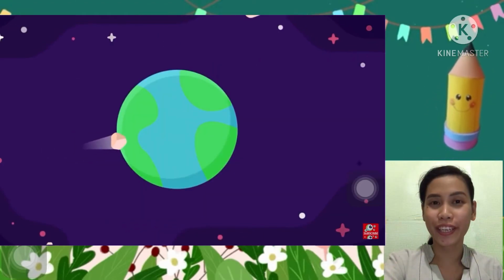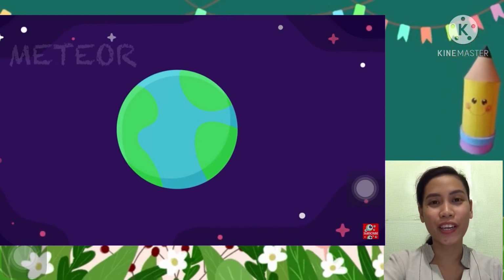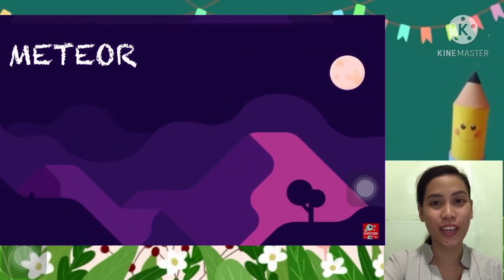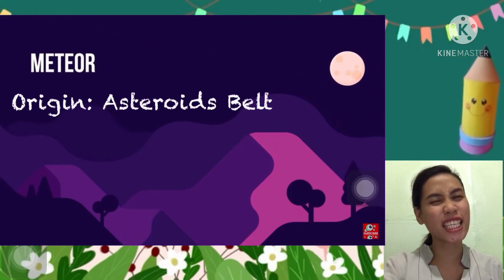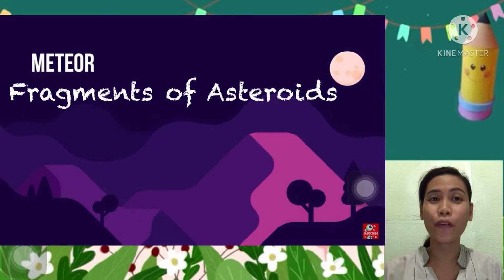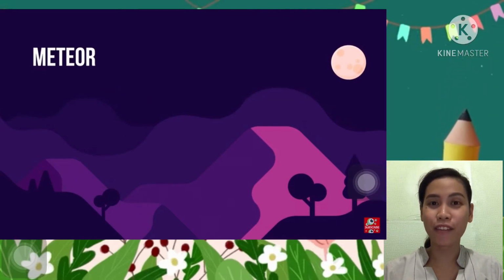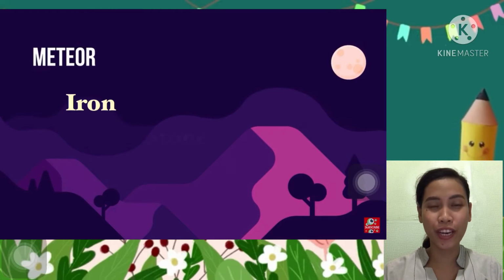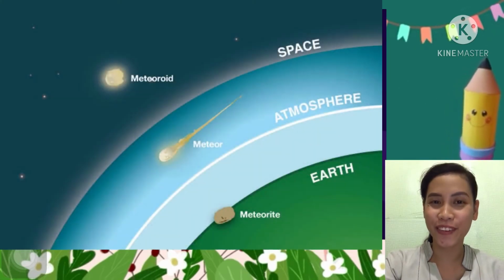Have you ever heard of a meteor shower? Meteors come from the asteroid belt, which means that meteors are just tiny fragments of asteroid collisions. They are made up of iron, stone, and chondrites. Can you note the differences between